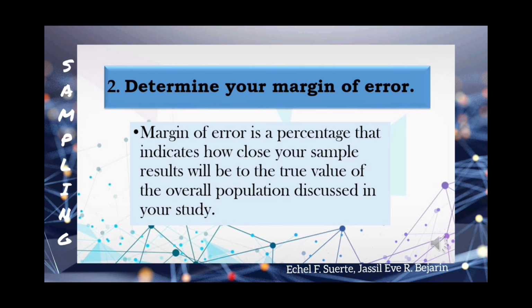When the results of a survey are presented, the margin of error usually appears as a plus or minus percentage. For example, 35% of people agree with option A, with a margin of error of plus or minus 5%.